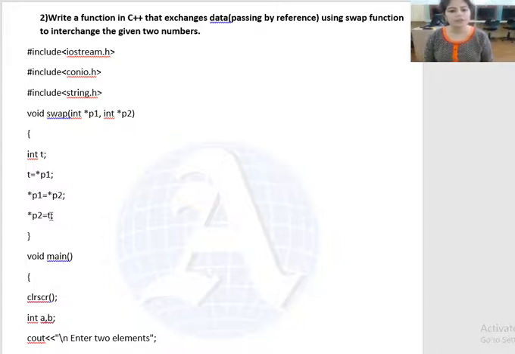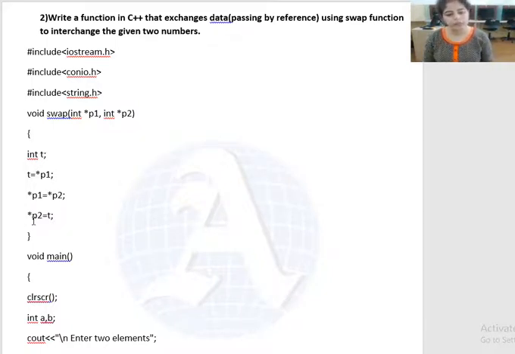Now transfer the value of t into p2. In the first step we placed the value of p1 in the temporary variable t, so transfer the value of t into the pointer p2.